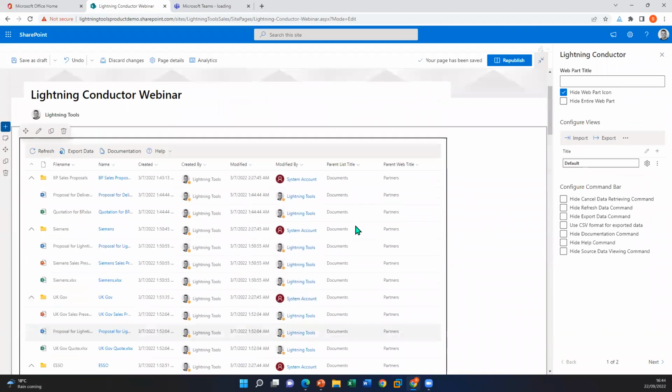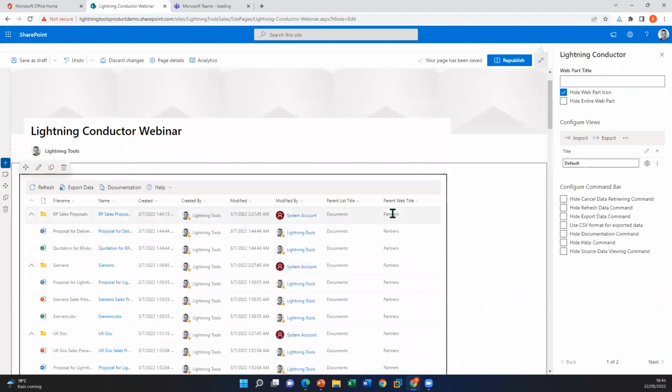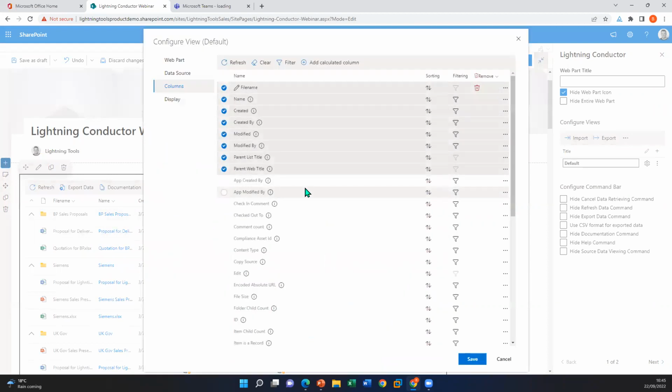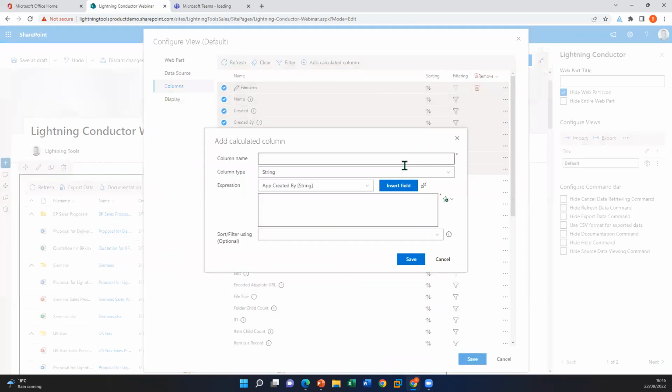Okay, so what I might want to do is actually navigate to that site. So I want to make this a hyperlink to the site, and maybe likewise with the list title. So using columns, we can add a calculated column, and in here you've got a parent site link or a parent list link. So if I choose the parent site link, there's the